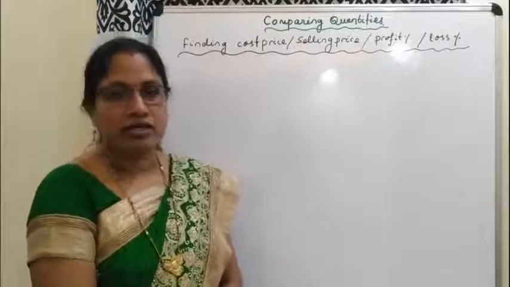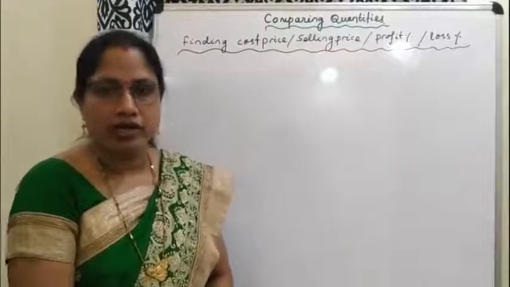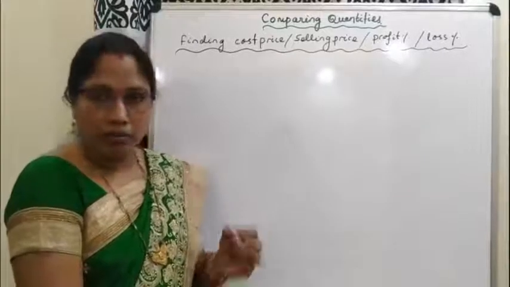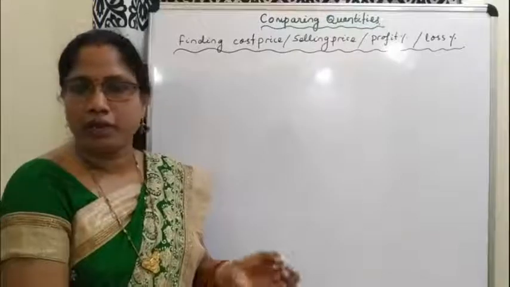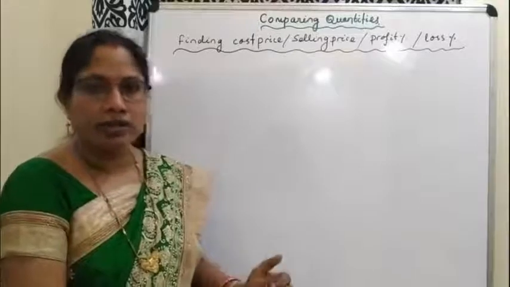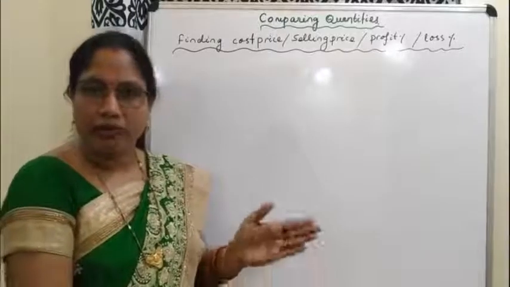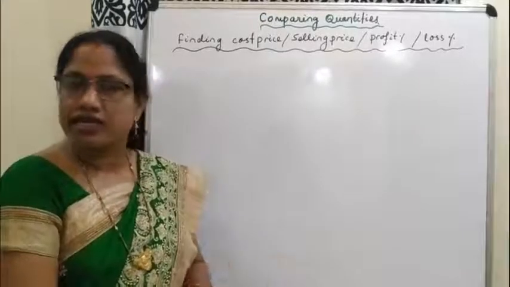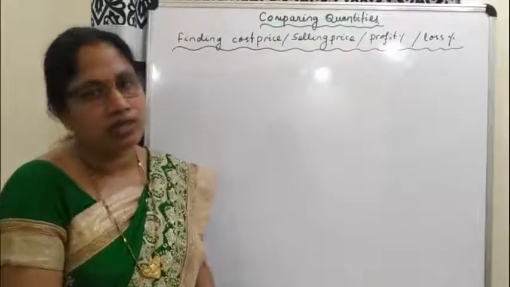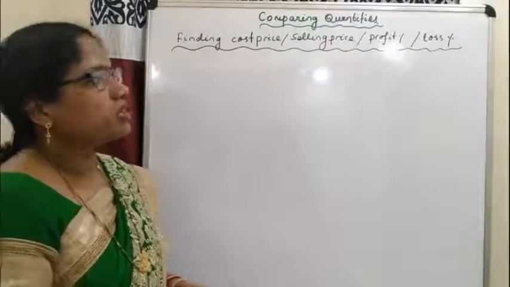Dear students, let us start profit and loss. Already you learned what is profit and what is loss, what is cost price and what is selling price also. When a man buys something at a price, or spends some money on that article or item, that is known as cost price. And after buying this, if he sells that item with a profit or with a loss, then the final price is known as the selling price. So here you will become acquainted with the terms cost price, selling price, profit and loss.